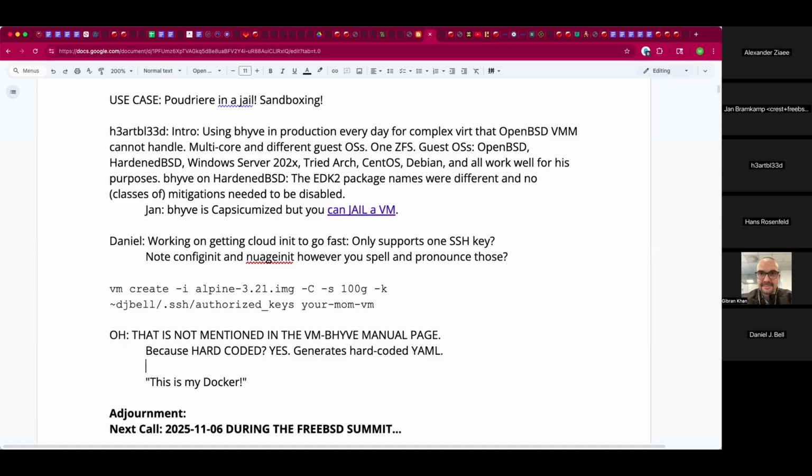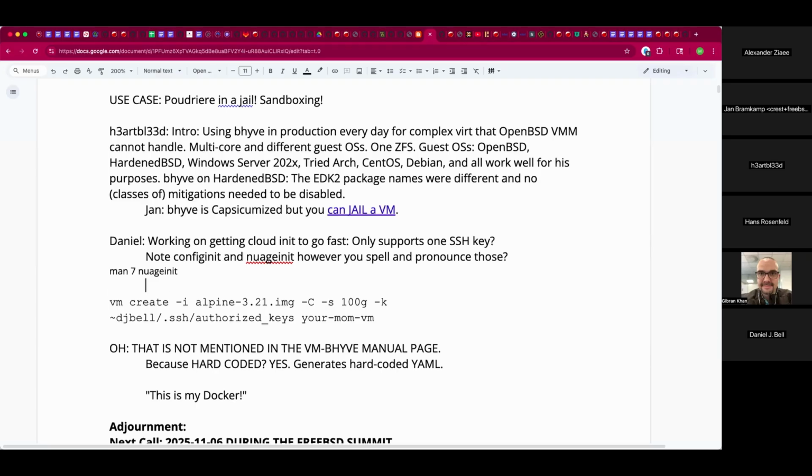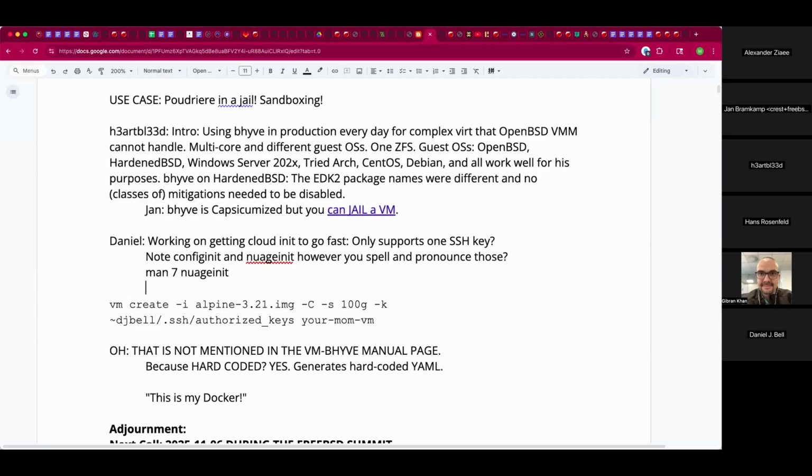It would be really sweet if this was a little more robust, but we have deduced why only one key works with vm-bhyve's Cloud Init. But it does a good job. I mean, it's great that it's in there. I appreciate that it's in there. So it looks like